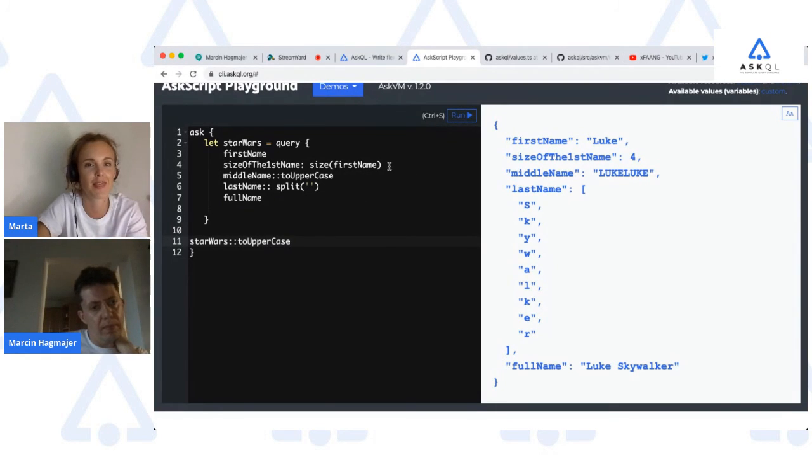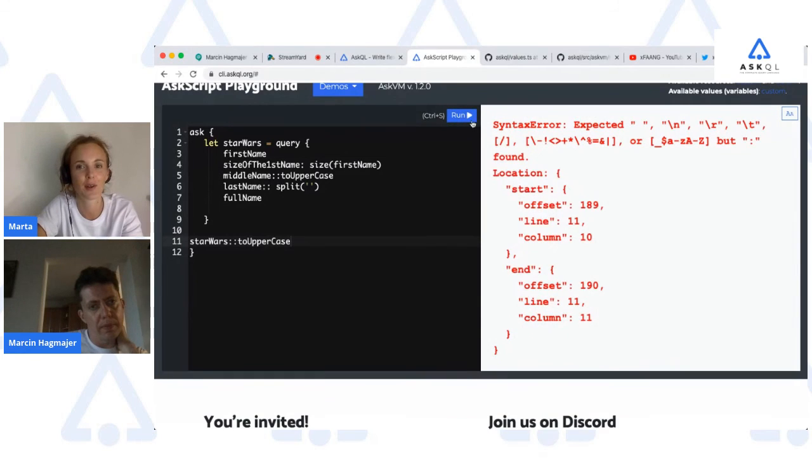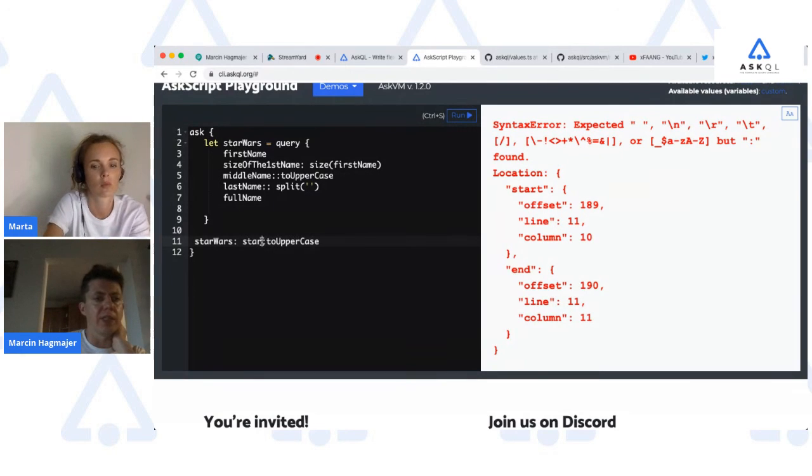Let me try one thing really quick. Oh no, why? This double colon only works inside a query, because inside a query you need to start with the key. It's a special thing. But outside the query, it's business as usual. There are no keys.